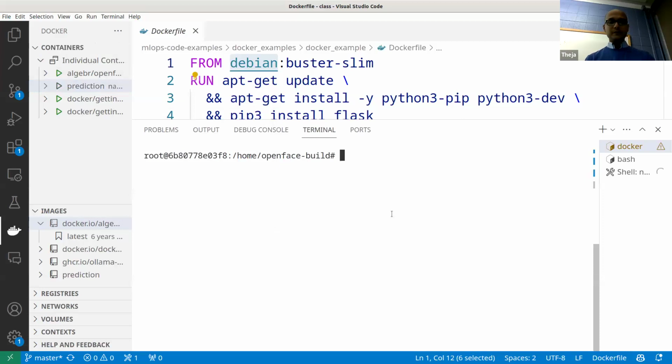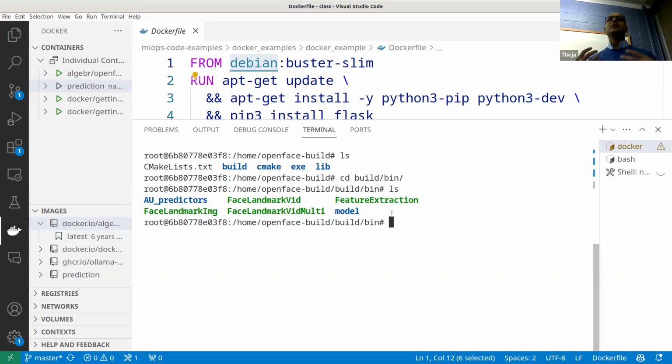So if you go to, let me see, cd build binaries. This is where the programs are: face landmark detection and feature extraction, things like that. So how do you actually extract these things? You could copy a file, like an image file, into this container. And this can all be programmatic, by the way. Copying a file into a container is